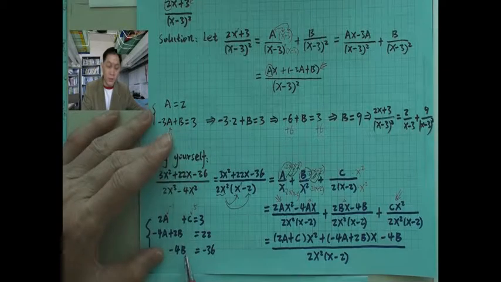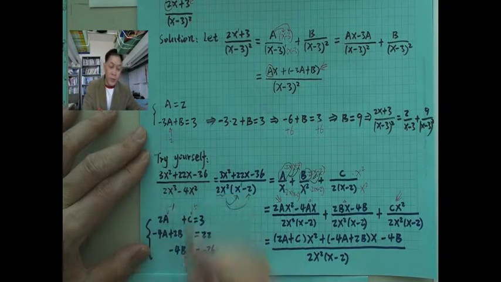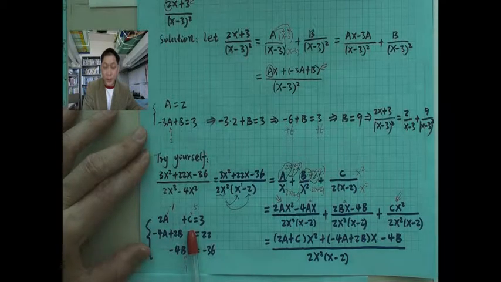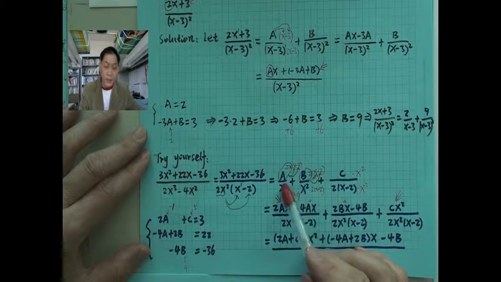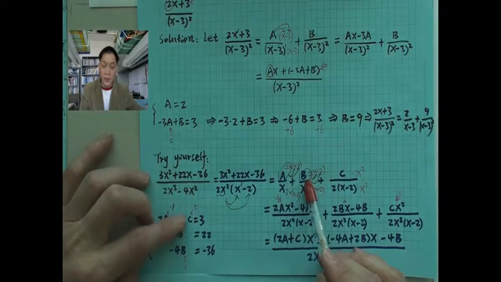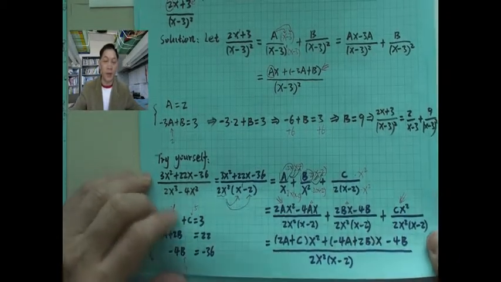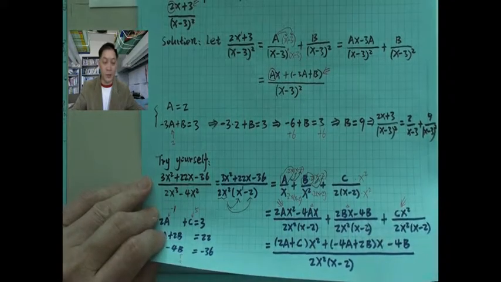Okay. So of course, b has to be 9. You solve this one. If b is 9, then you can solve for a. Well, you will get negative 1. Okay. Once you get a, you have c. c will be 5. So then you have a, b, c. A is negative 1. B is positive 9. And c is 5. Okay? So, this one you're going to try